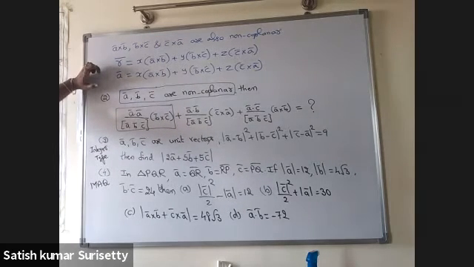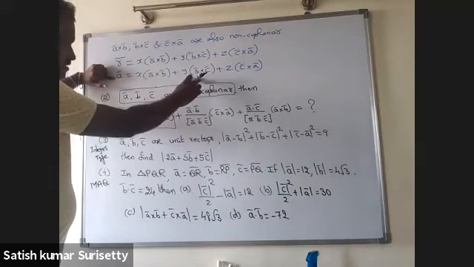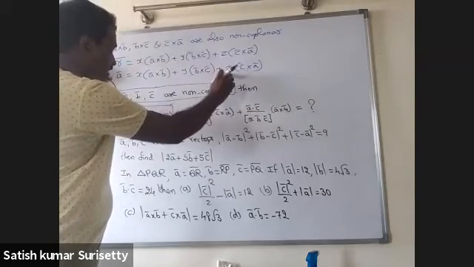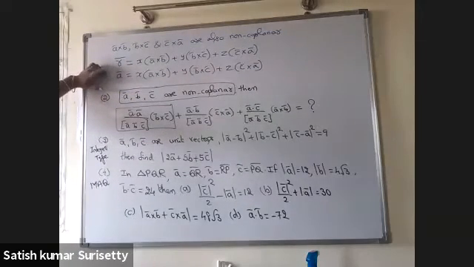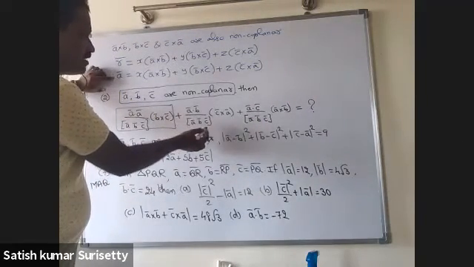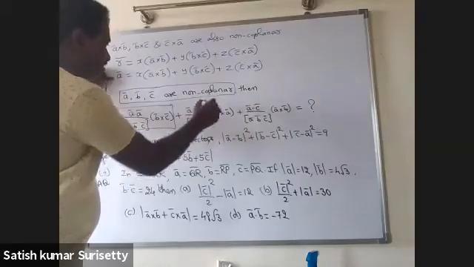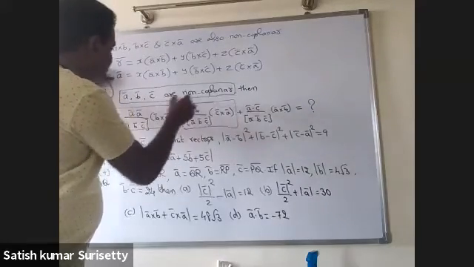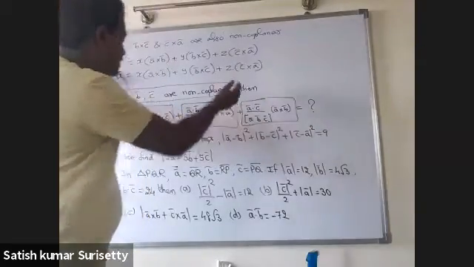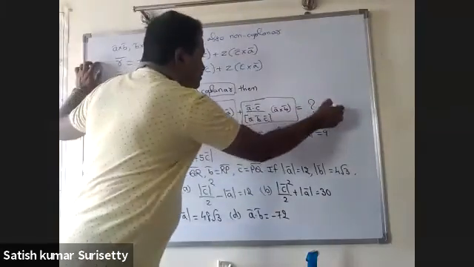When I take dot product with b, a dot b, this will be 0, this is also 0. Then this will be what? Scalar triple product of BCA. That means Z equal to, I am getting A dot B upon scalar triple product of ABC. That means A dot B upon scalar triple product of ABC into C cross A. That means this term. Next, take A bar dot C bar. Then I will get this term.